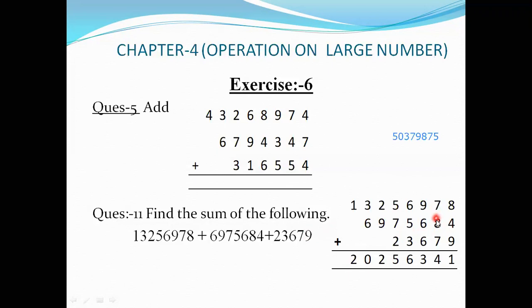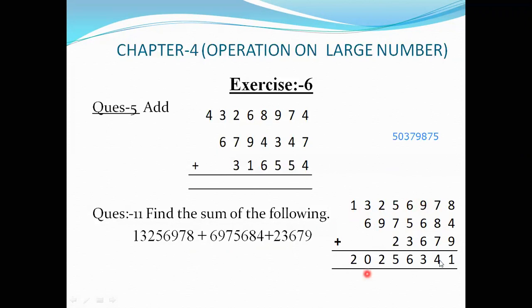And similarly we write the tens places and the hundreds places of all the three numbers, then the 1000 places and 10,000 places. But in the first number we get the 10,000 place, and 9 in the third number. And here is the lakh, 3 lakhs in the first number, and the second has a lakh. But in the second number there is no 10 lakh position, so we write here 1.